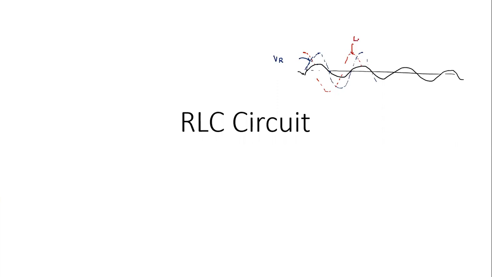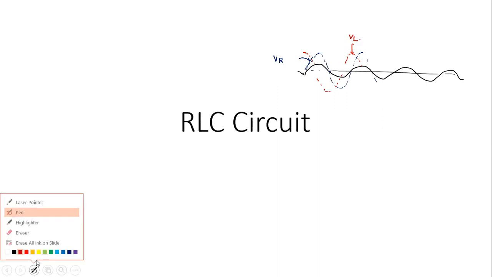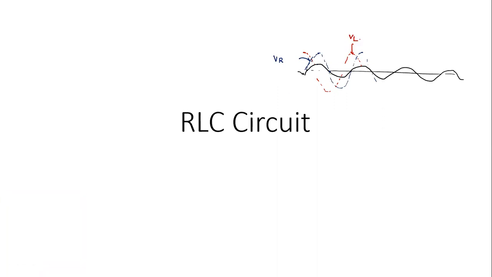In a similar way, can we also draw how VC would vary here? I'm trying to draw all three in the same case. Let's draw in some third color. How would VC vary? VC will lag by 90 degrees. What does this mean? See, this one is reaching a peak here. VL achieves it 4 times earlier. This will achieve later. So VC will vary something like this.